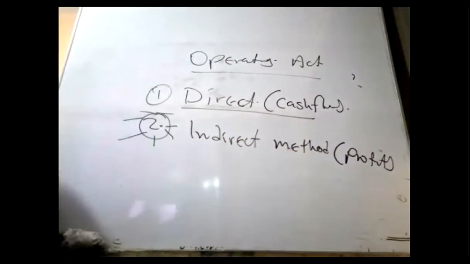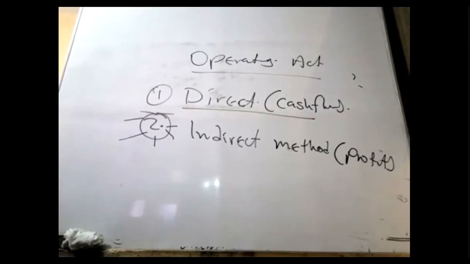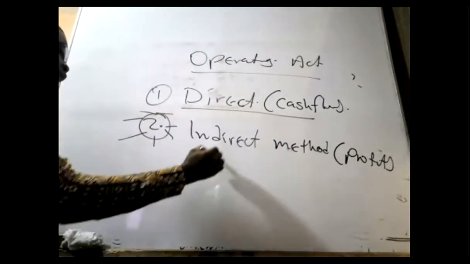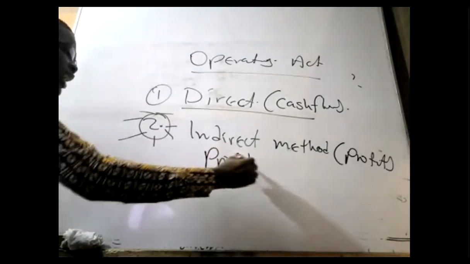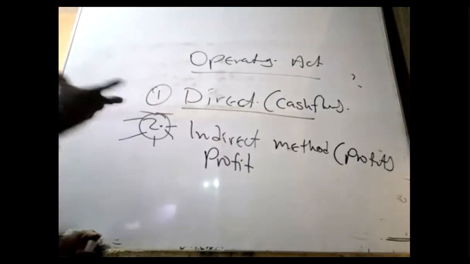and massage the profit. So imagine that you misplaced the key to your house. Look at how you did the last time you misplaced your key. Look how you opened the door. You pass through the back door or use one of the windows that you know has an issue, but nobody knows about it. Good. So the indirect method, simple: bring the accounting profit and massage or adjust this profit to get cash flow. That is the principle, the concept behind it.